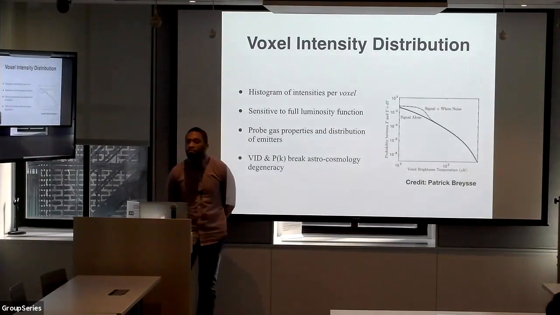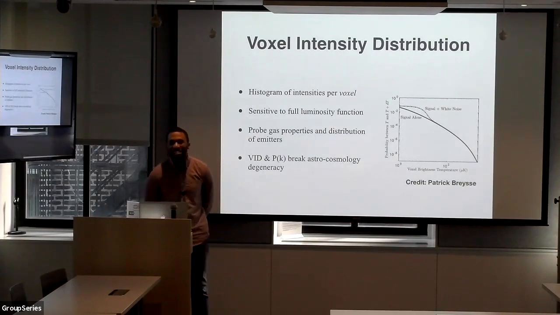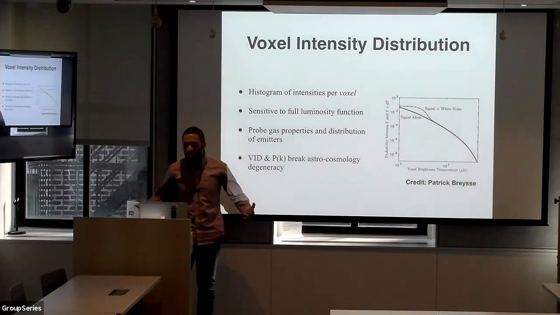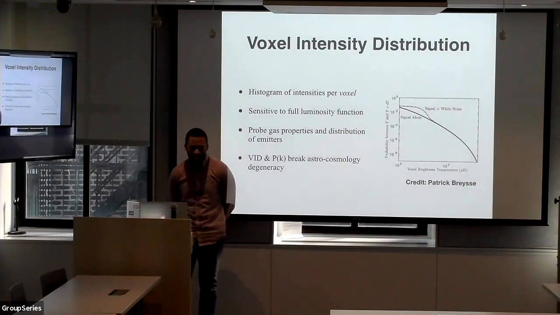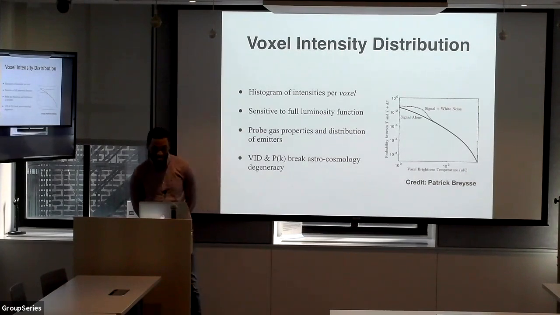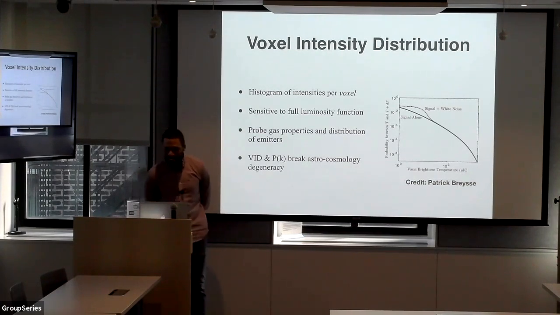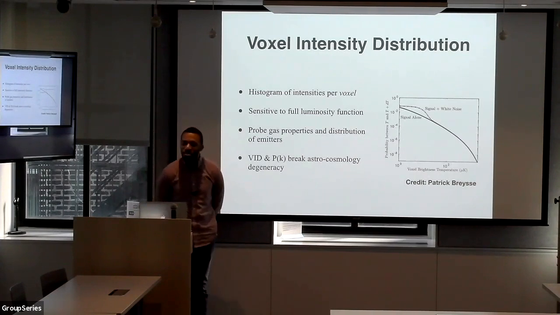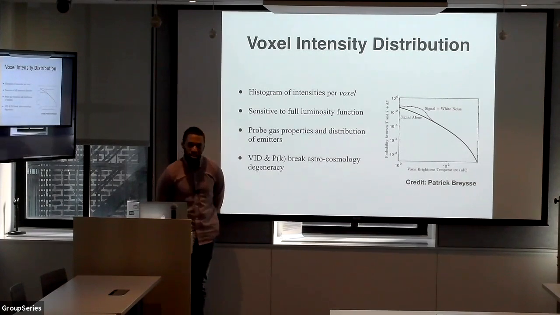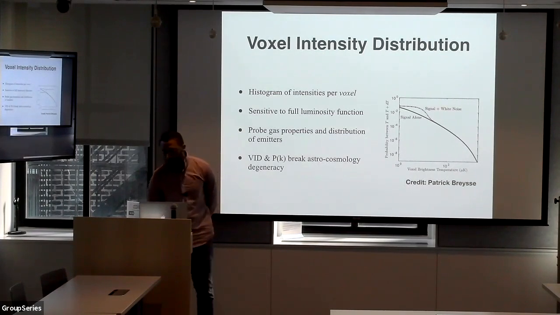Okay, but as all of you who are in CCA experience, you know that not all the information is contained in the power spectrum. There are so many more statistics there, more than I would care to understand. But you know that there's more information out there, and we can always squeeze out more. And one candidate for squeezing out more information from intensity maps is called the voxel intensity distribution.